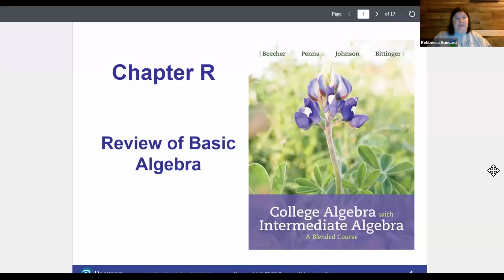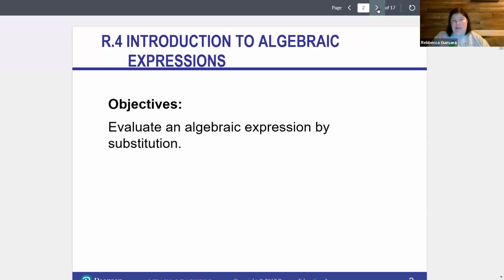Okay, so next we are going to move into evaluating expressions. A lot of that order of operations is still being used here, so we're still practicing it. We just add another layer to this. So when we evaluate an expression,